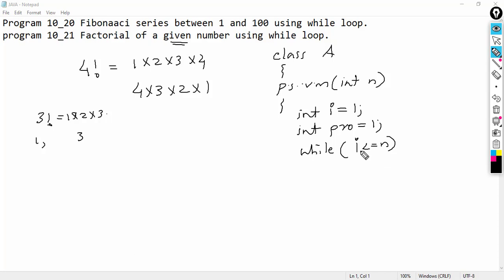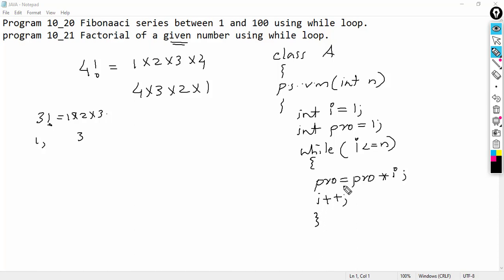Why have we written this condition? In order to increment the value of I till n. Then when this condition is true, we can multiply the values of I, and that value can be stored in the variable pro. So we write the statement pro equal to pro into I. Then we can update I.